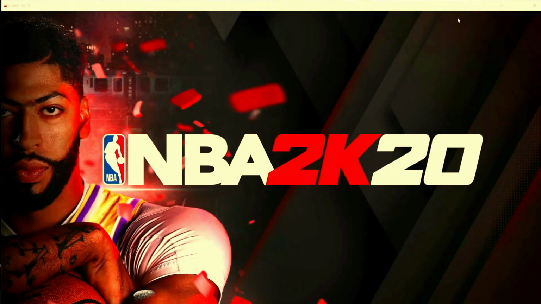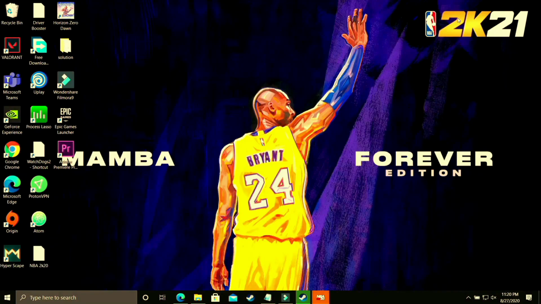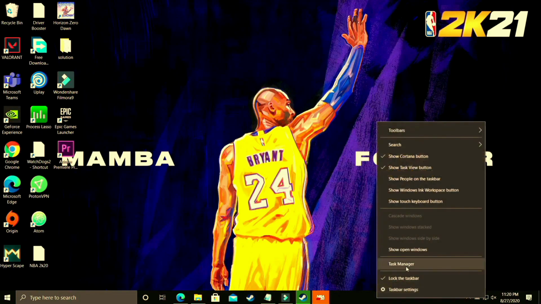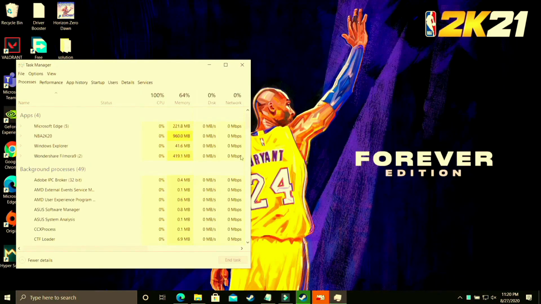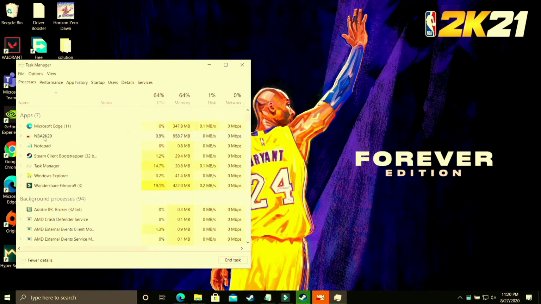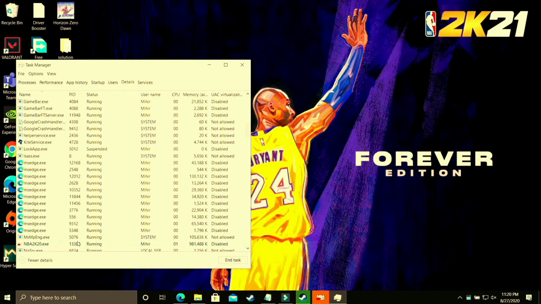So once you're in the game, you just have to press Windows plus D key or Alt plus Tab key and minimize your game. As you can see, my game is running in the background, and you have to go to your Task Manager by right clicking on your taskbar and selecting Task Manager. And you have to select your game, whichever you want to select here. So I'm using NBA 2K20 as an example, and you have to go to its Details